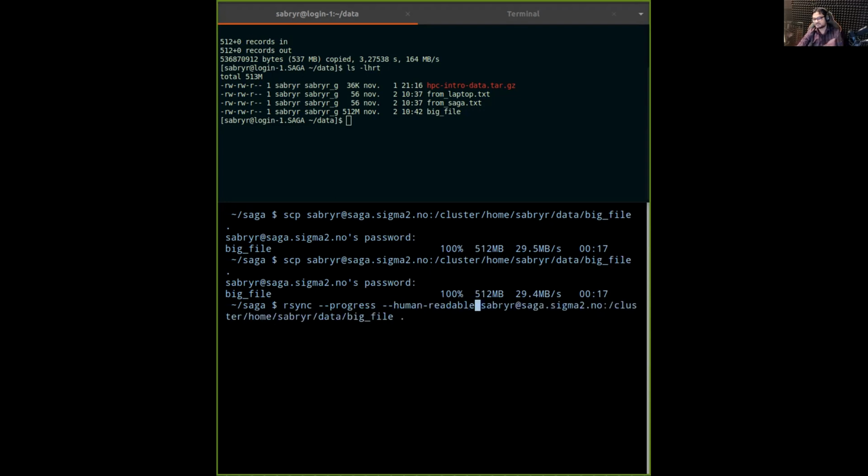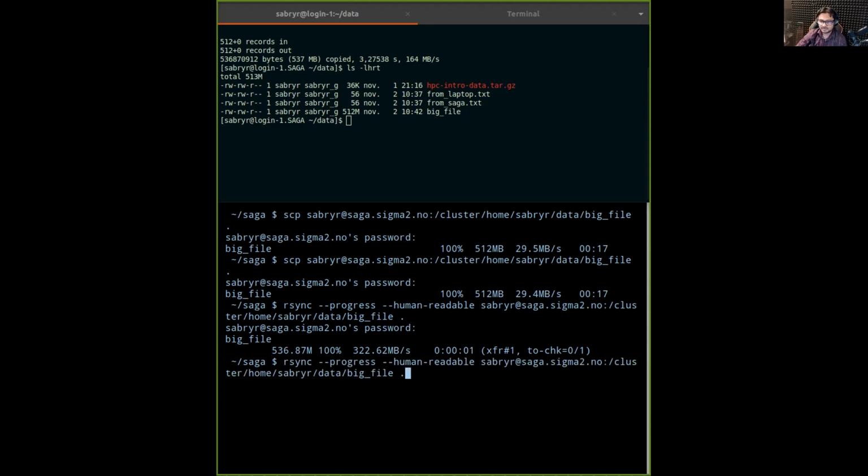It again asks for the password. If you see, it took about 17 seconds here, it was a little faster. It just downloaded it, but if I do it again,